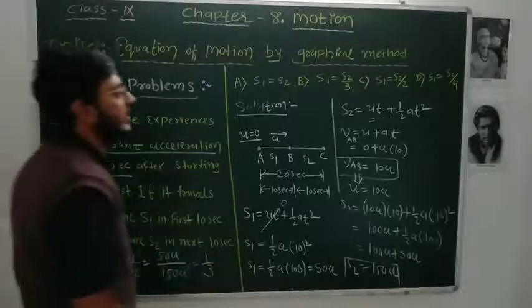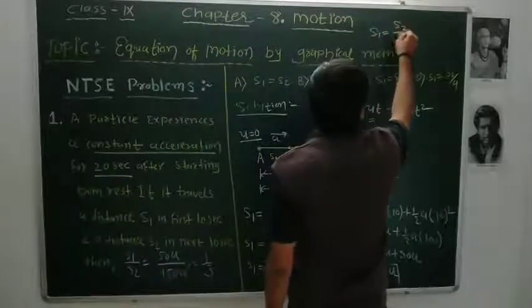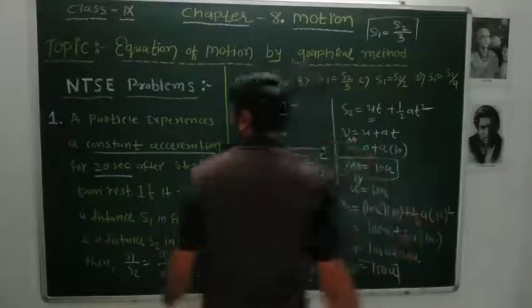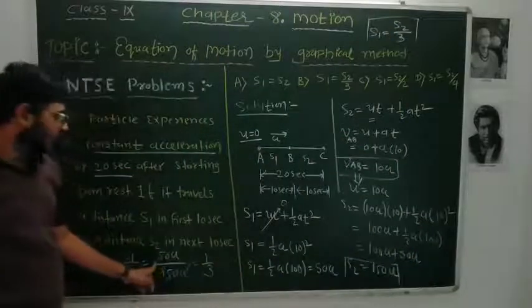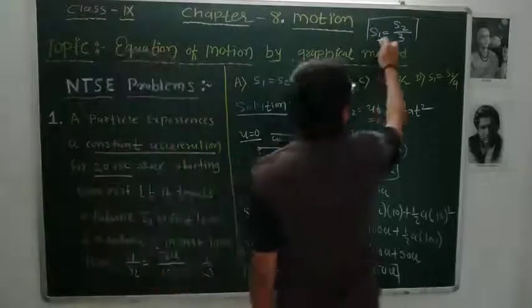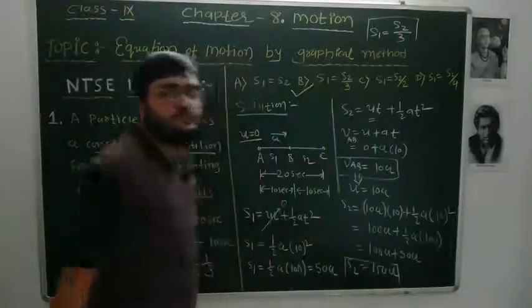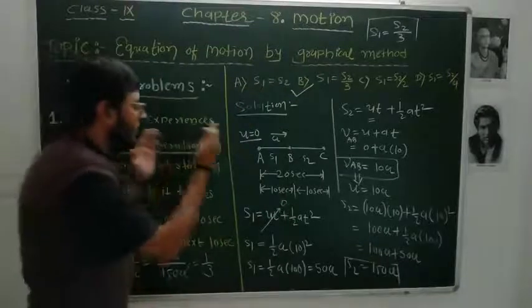Okay, so finally here we get S1 is equal to S2 by 3. This S2 will come on the numerator side. So finally we get S1 is equal to S2 by 3. So option B is correct. Okay, so that's how we can solve